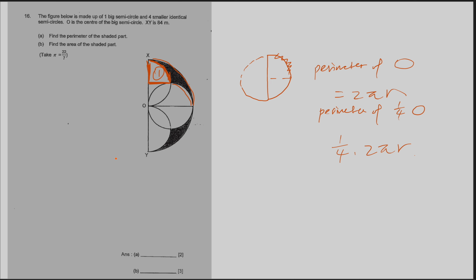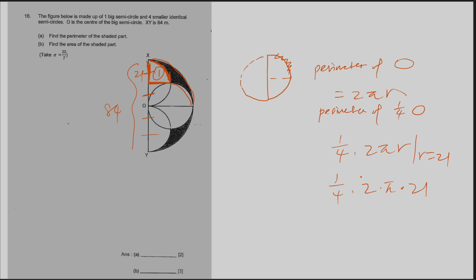So what do they say? They say xy is 84. The whole thing is 84. Okay? So can you see how many portions this is? Just 4. So you divide by 4, right? So it's 21, right? Good. So when r is equal to 21, you just put it in. Okay? Then you will get